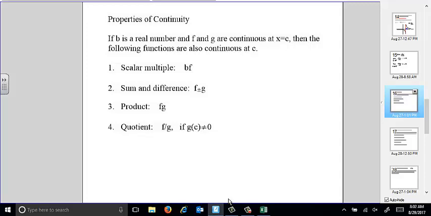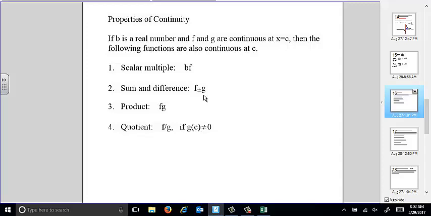Okay, so there are certain properties of continuity. If you have two functions, f of x and g of x, and they are continuous at some value of x equals c, then if you do these things to the functions, they remain continuous. So you can't destroy continuity by just multiplying by a constant. That makes sense because if you have a value of the function and you increase it by twice as much, that's all it does. It doesn't change whether there's a break or not. And the same with if you have two continuous functions and you add them or subtract them from each other,